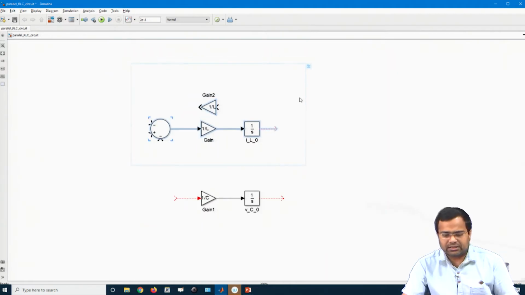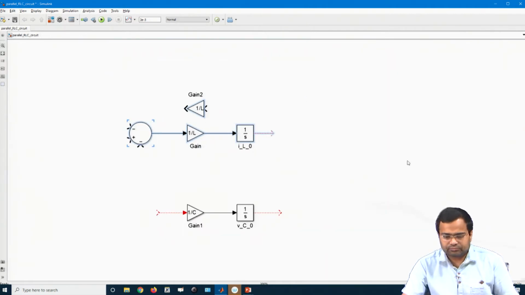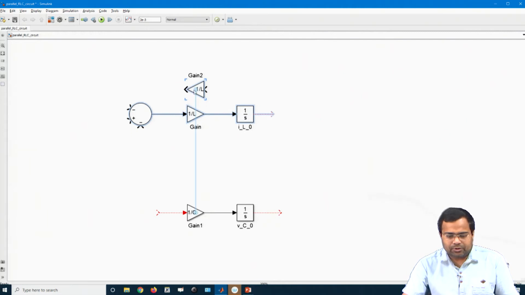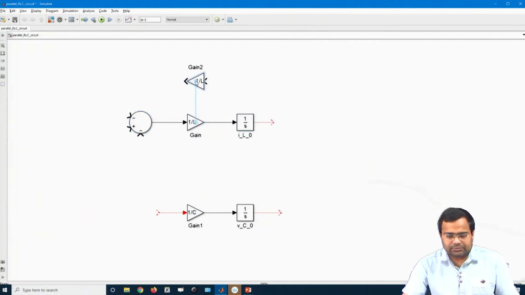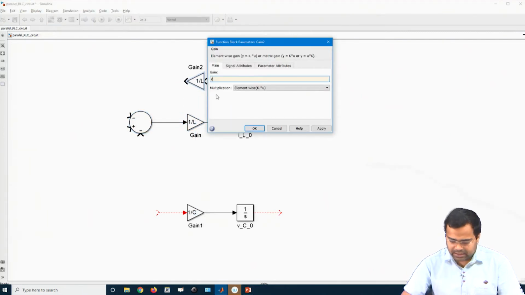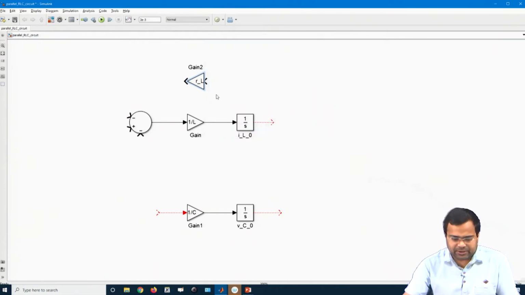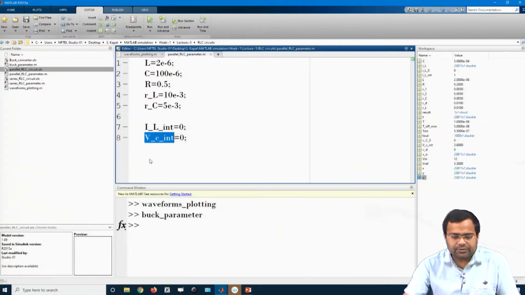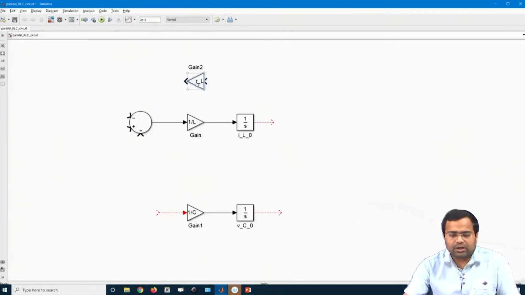Yeah, we need another block. So, this block is RL. It must be consistent with our RL and RC. Okay. So, this must be consistent, the RL block, and this is subtracted, and this will be the first term.